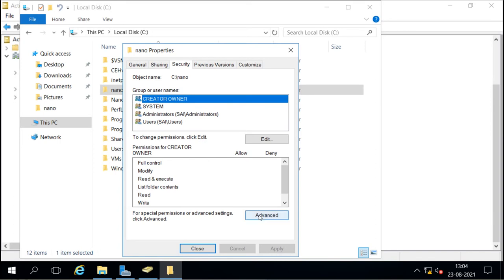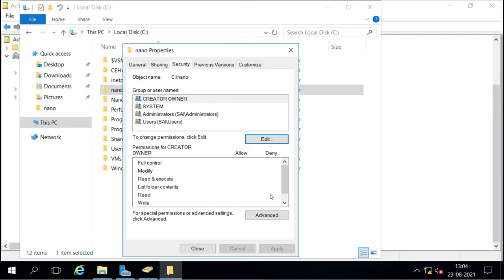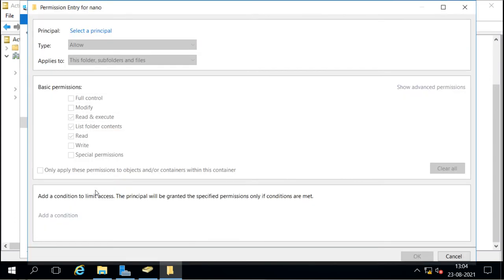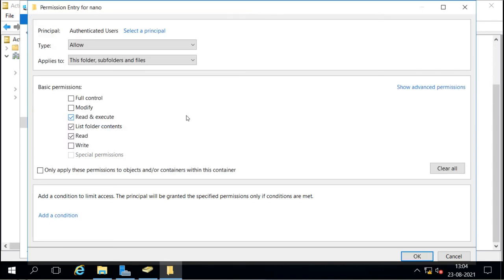And when you go to advanced permissions, if you want to select the permission for some identity, I will say authenticated users, and I can see this identity here.